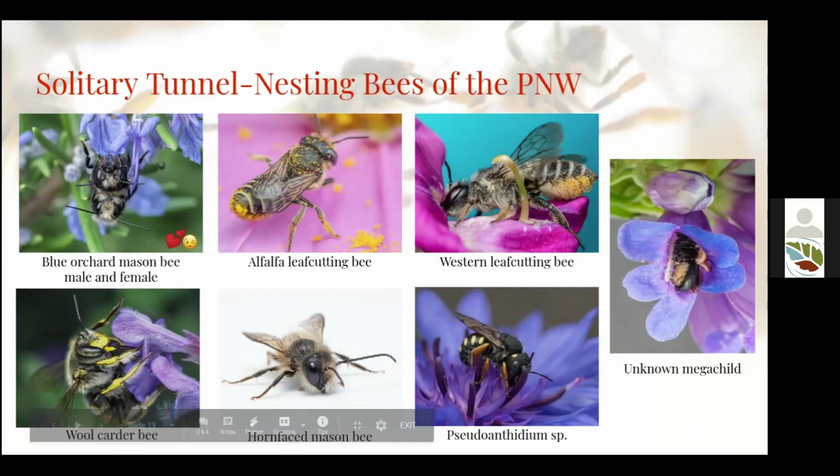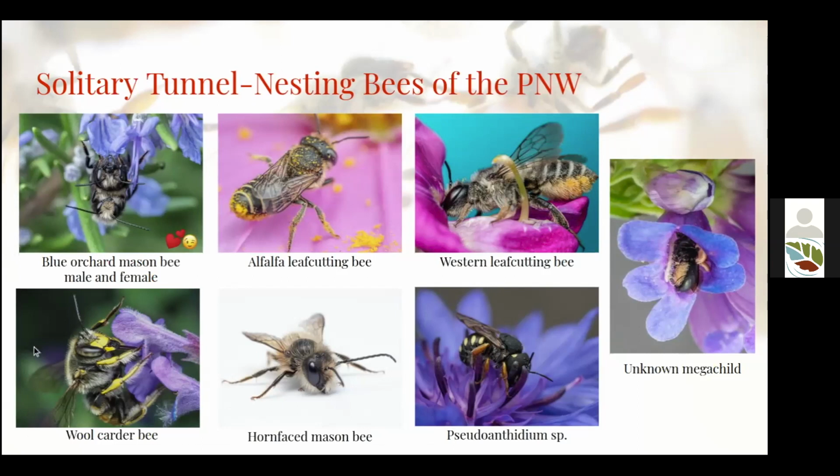But leaf-cutting bees are easily identified by having these really long scopa on the undersides of their abdomens. And often when sighted in the field, they'll already have that Velcro pad completely covered in pollen, like this alfalfa leaf-cutting bee here. So if you see that great bright yellow belly, that's a good cue that you're looking at a leaf-cutting bee.